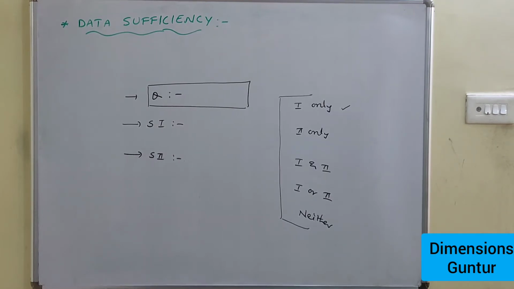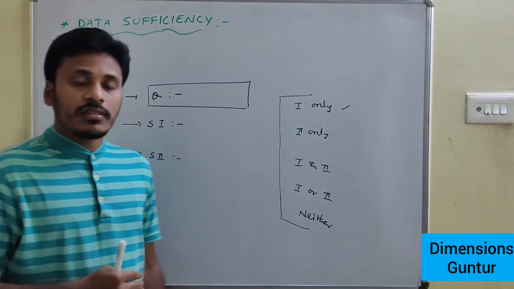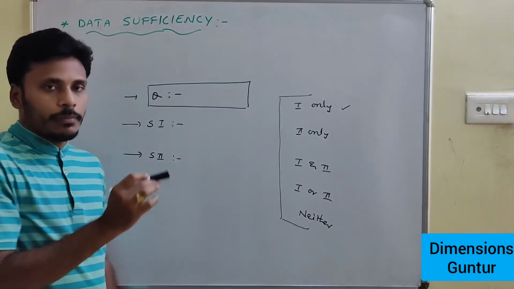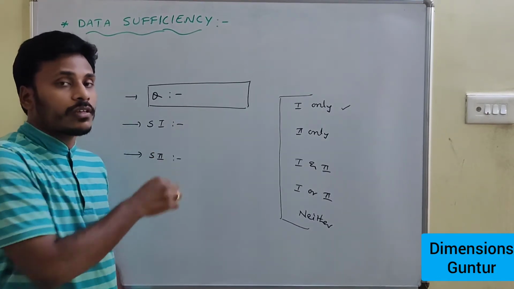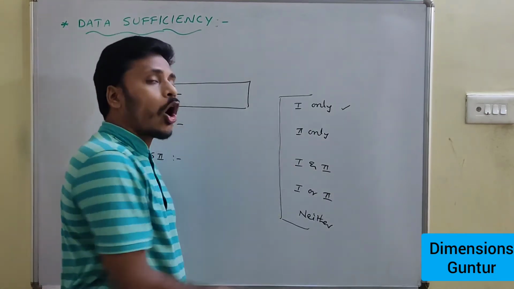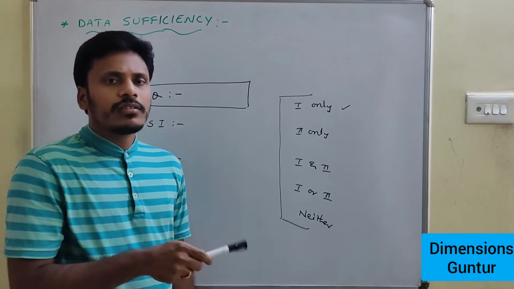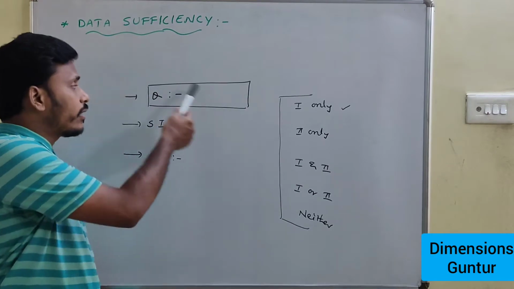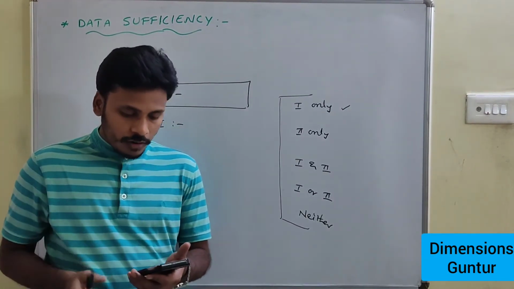Okay, so here for every problem we have 3 parts: question part, statement 1 part, statement 2 part. Our target is to answer the question. To answer that question, we need to concentrate on statement 1 and statement 2. And after identifying which of these two statements are sufficient to answer this question, you need to choose the option A, B, C, D, E according to the given data. See, the given data changes from exam to exam actually, but the pattern is the same. Okay, right? So now let us start the first question.